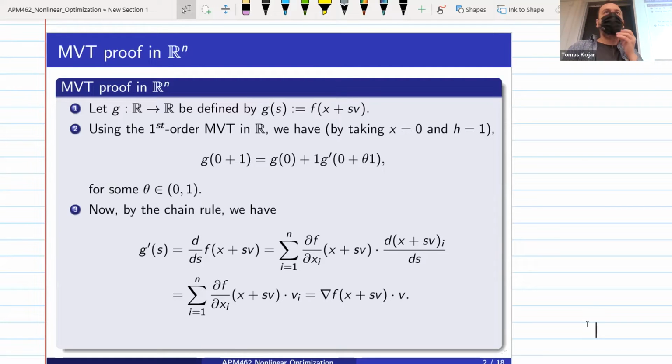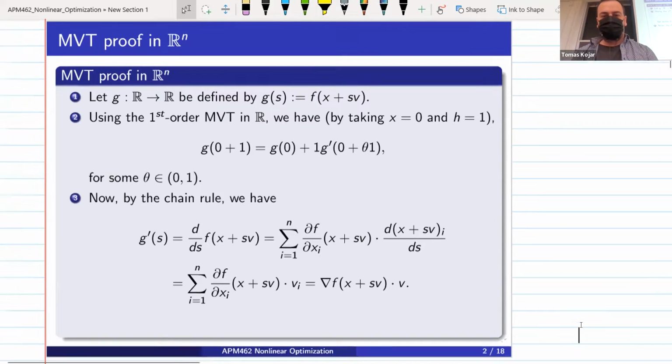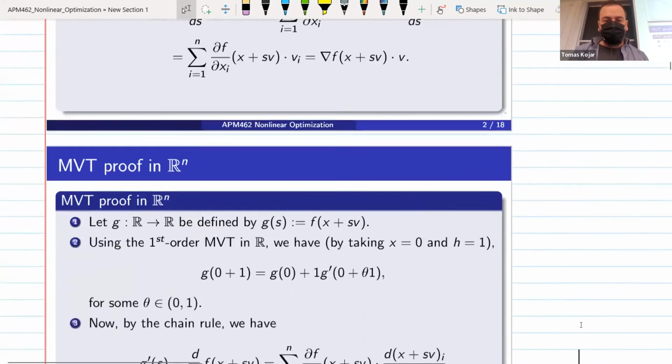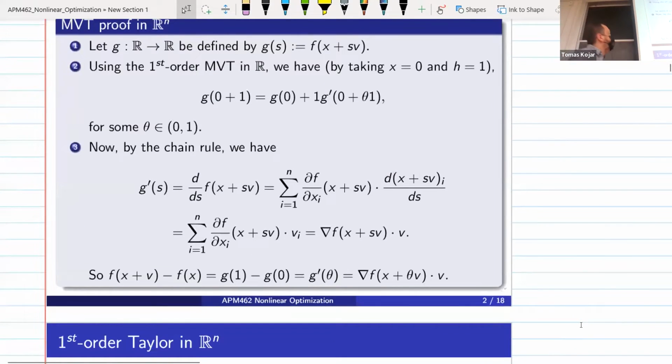So, okay, is there some confusion? All right, so good. Now let's apply the mean value theorem in 1D. So f of x plus v minus f of x, by definition, is equal to g(1) minus g(0), right? Then from our mean value formula, it's equal to g prime of theta, right? So this is the definition, and this here is the mean value theorem,